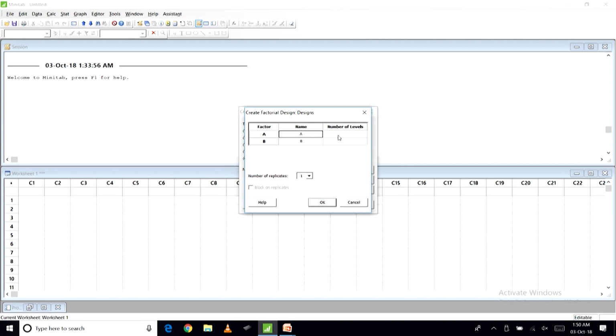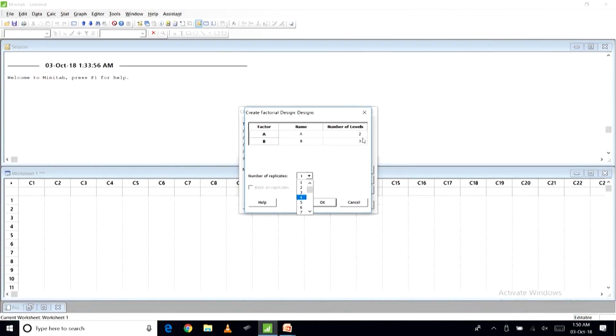So, A and B, each has got 2 levels, right. So, the first has got 2, but the second has got 3 levels, right. When we say B, B means how you are trading stocks in different stock exchanges, right. So, this is your number of levels for A and B. Okay.